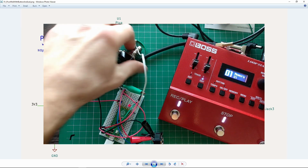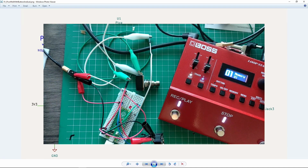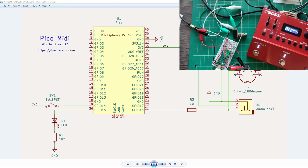That's it. Button. Momentary switch. It's here. The thing is still blinking. Okay, so I'm just wondering where did they pick this up from. Anyway,